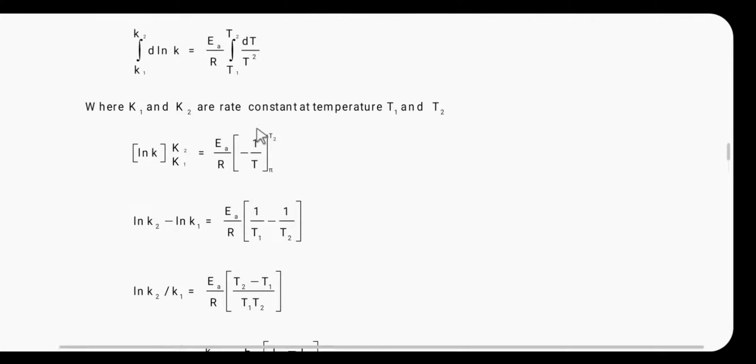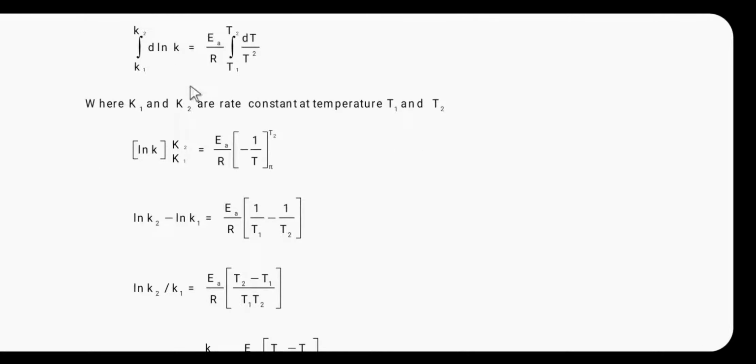So here integration of d ln k, it is the ln k. So here ln k from the limit k1 to k2 is equal to EA upon R. Again integration of dt upon T square, it is minus 1 upon T. So in bracket minus 1 upon T from the limit T1 to T2. So substitute the limits, first substitute the upper limit, then substitute the lower limit. So here ln k2 minus ln k1 is equal to EA upon R in bracket 1 upon T1 minus 1